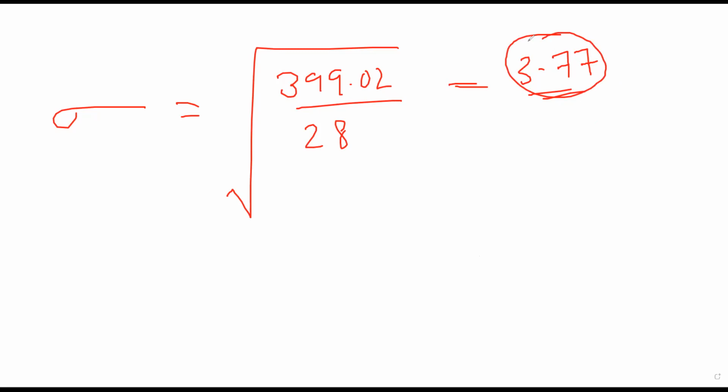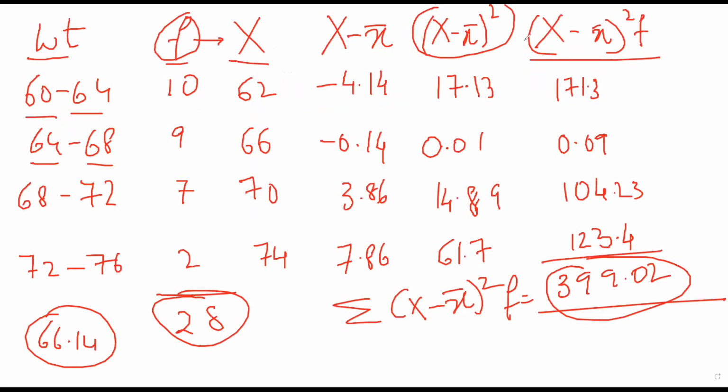Okay, 3.77. See, this is the point where we did it. If you made any mistakes here, please check. Did you understand how to do standard deviation? I'm hoping that you guys understood it. This is one of the most important topics from your exam perspective, so make sure that you practice it quite a lot. We've already done 5-6 problems of this in the class itself. So I'll be moving on from here.